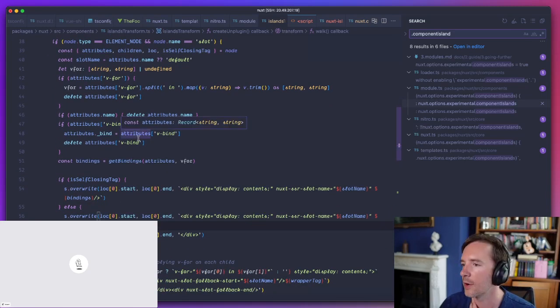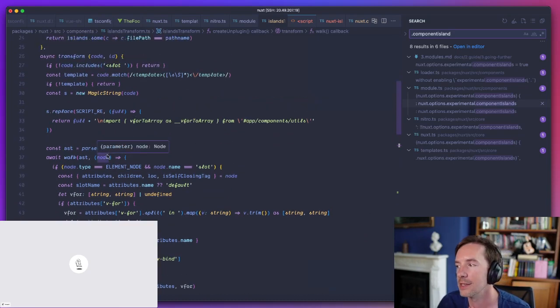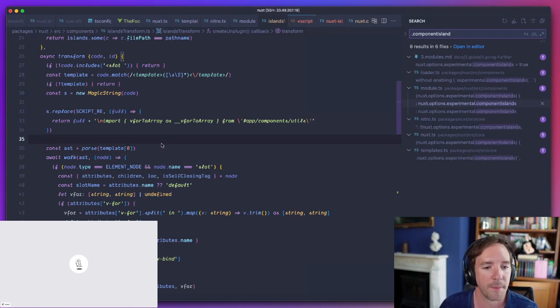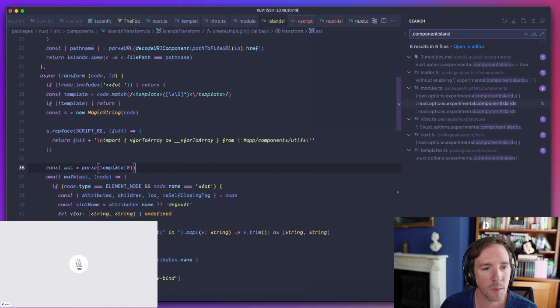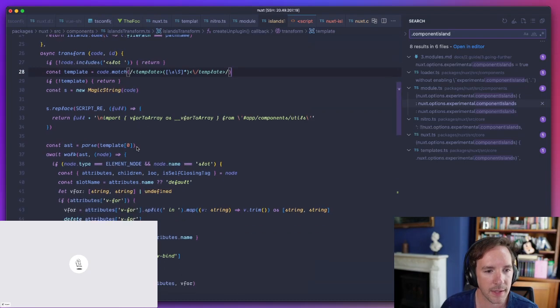That's what this is. Okay, so the issue here, I think, is we're passing the template, but the template index is not the same thing as the index of the code. So the code has everything, the whole single file component, but the template is less than that. So basically what we need is a template index.